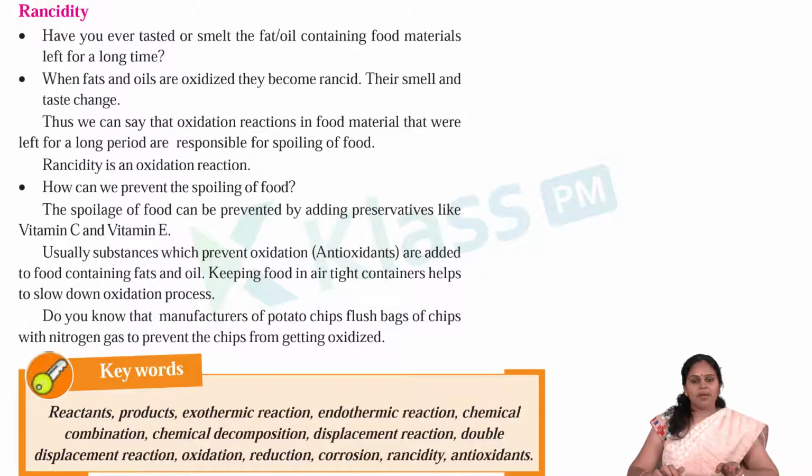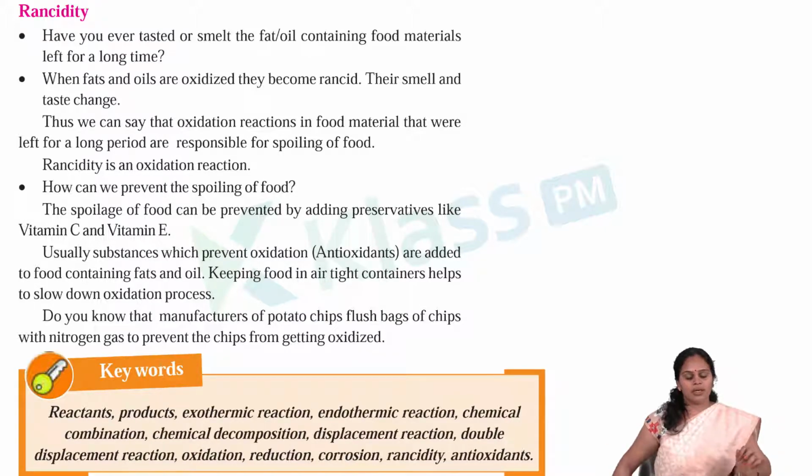This can be prevented by adding preservatives like vitamin C and vitamin E. Usually substances which prevent oxidation are added to food containing fats and oil. Keeping food in airtight containers helps to slow down the oxidation process. Because of that only, potato chip bags are flushed with nitrogen gas to prevent the chips from getting